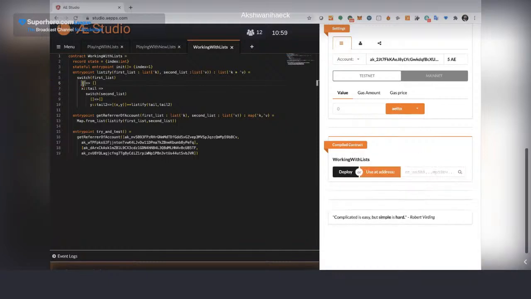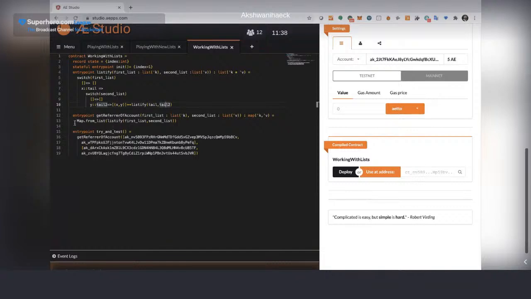But if it is not empty, I will get the first element and process it with the second list, checking again if it is not empty, just by control, because it's supposed not to be empty, getting the first element, and then build my new list. But how do I continue processing the list? With recursion, because this is functional programming. So I will call again the function with the tail of both lists. And when this is all processed, what I do is convert from list to a map.